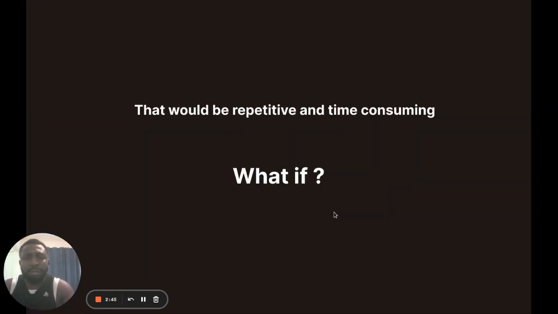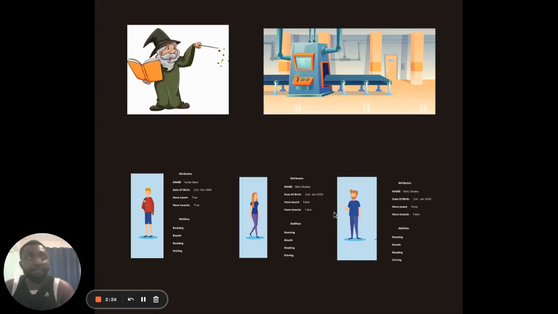So then, what then? You might ask, what if you have a machine which you can just whisper to, hey, create a human being with the name of Mark, has a beard. With just you talking and not doing any magical stuff, the machine will be the one doing all the magic for you. Wouldn't that be nice?